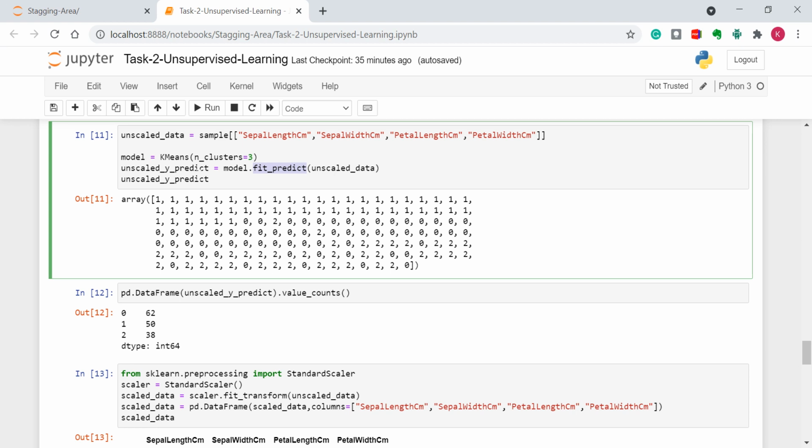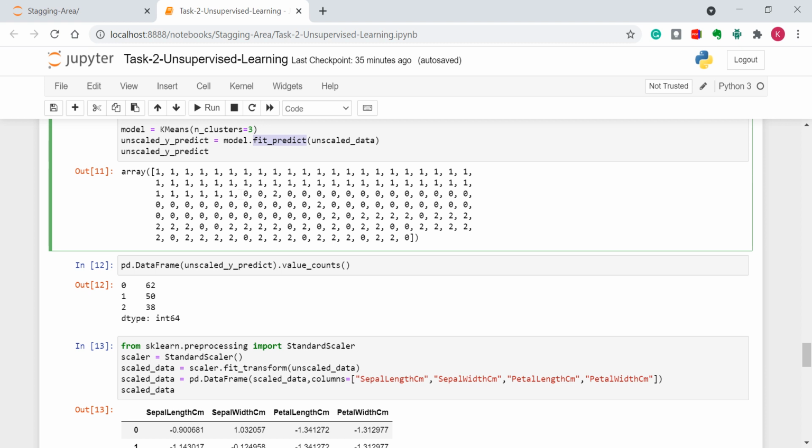As you can see, these numbers represent the cluster label. That is, the values which are all 1 are a separate cluster. The values which contain 0 are a separate cluster, and the values which contain 2 are a separate cluster. These are the cluster labels. This is more like the identity of the cluster.